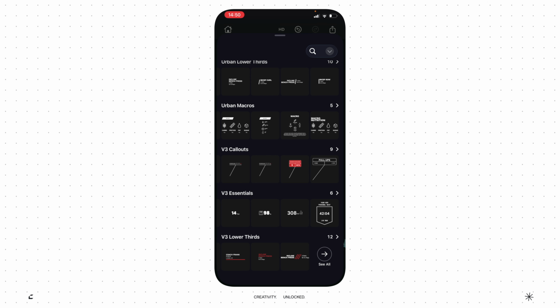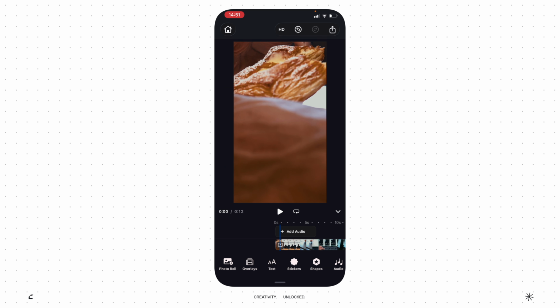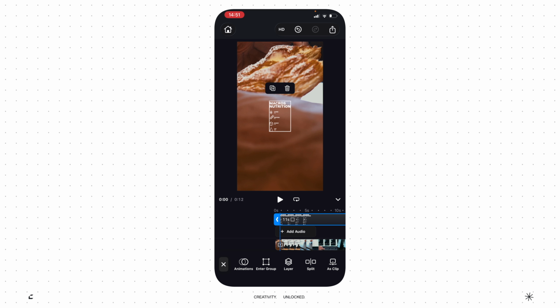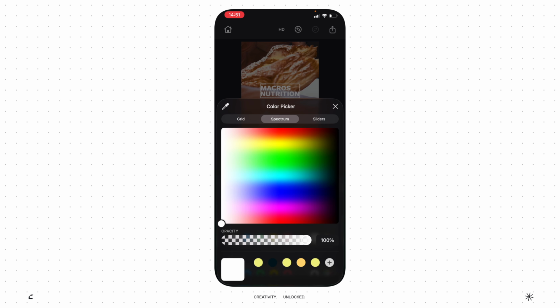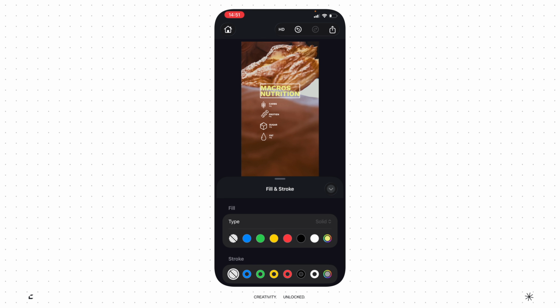So yeah, we have various options, whether you're training, you're making a vlog, or you're making a meal prepping video. For example, if you're editing a video and you want to show your macros, we have this cool macro layout, which is fully customizable to meet your brand colors,